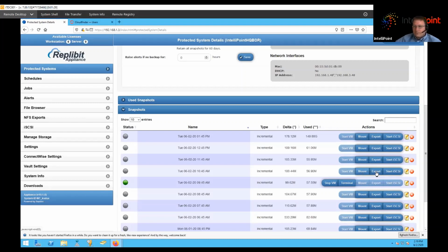So you can export like a VHD to put back in your virtual environment, or you can export different file formats. There's all kinds of different file formats. Start iSCSI is a fun little thing that we don't use very often, but if you are in a disaster recovery,